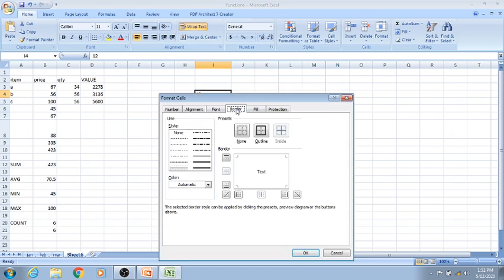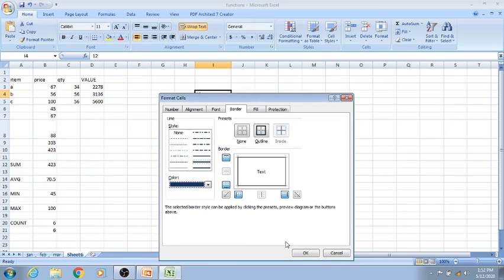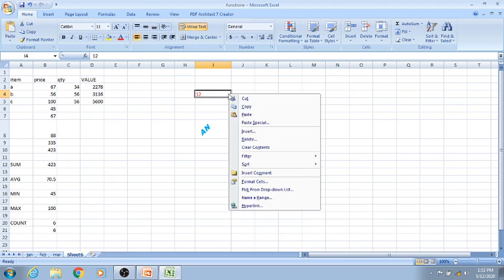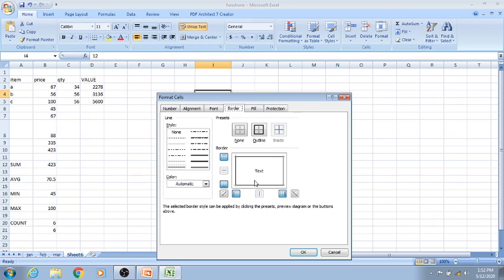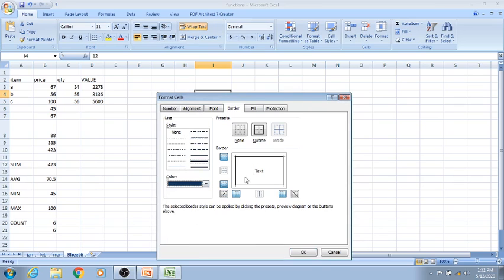Border. Now border is for the cell. If I make the outline border and I change the thickness from here, I change the border color to blue and I say okay. See, thickness and color, blue and outline.